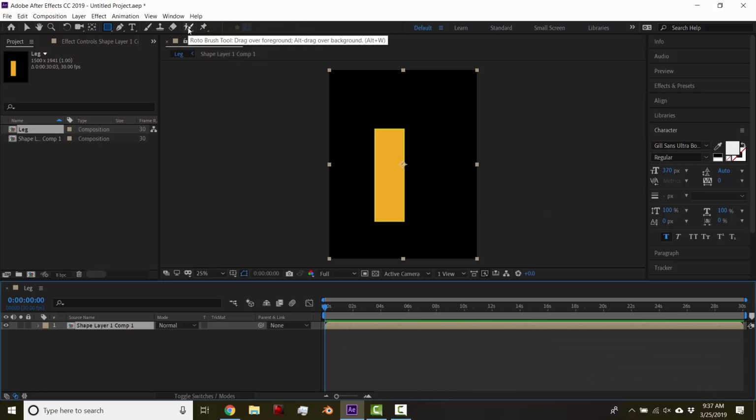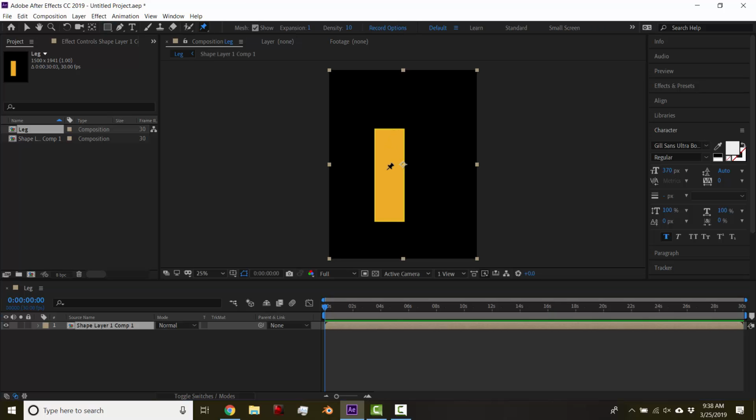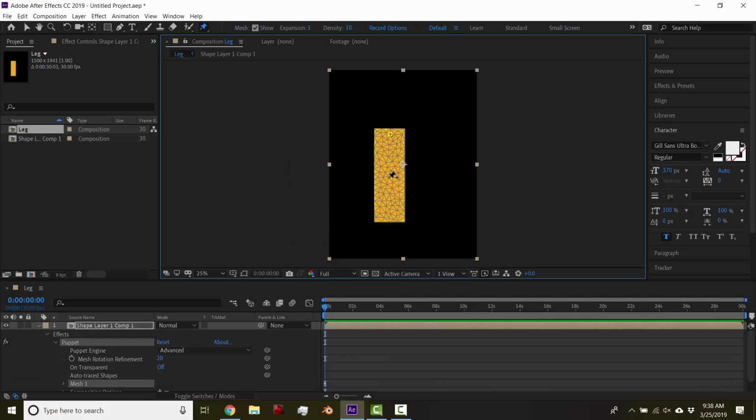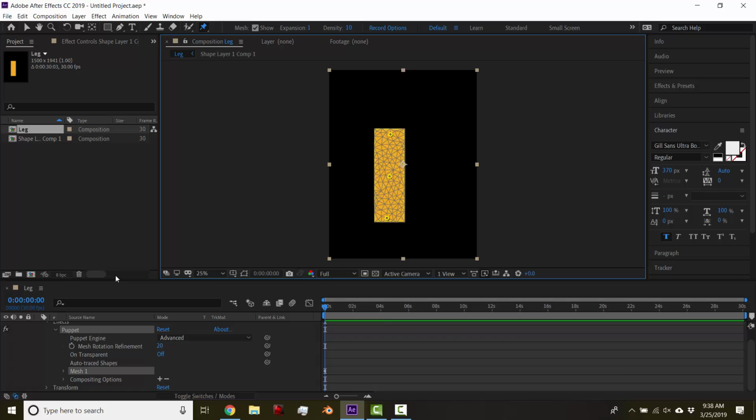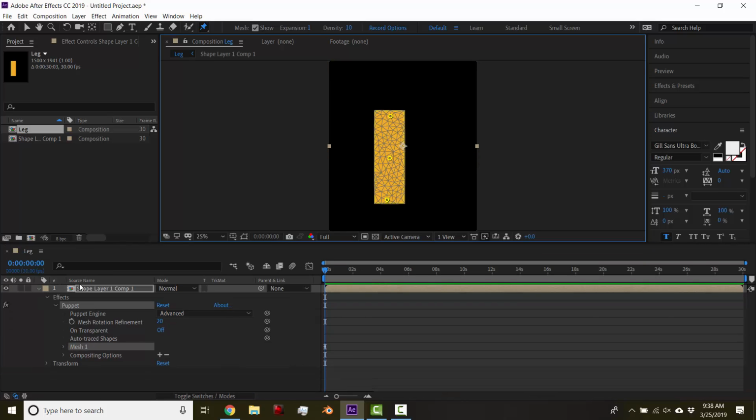It's called the Puppet Tool, and this is one way that you can make kind of interesting animations. It's this little pin right here, and let's pretend this is a leg from the top of the hip down to the foot. So I would make a joint here, here, and here. It creates these points down here, we'll go over that in a second, but now I can grab these